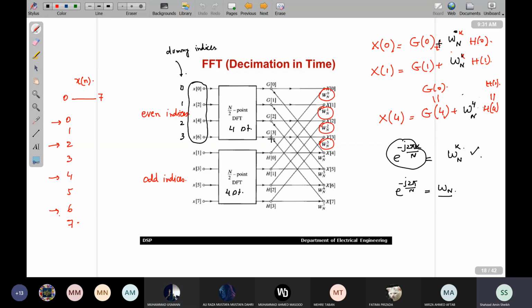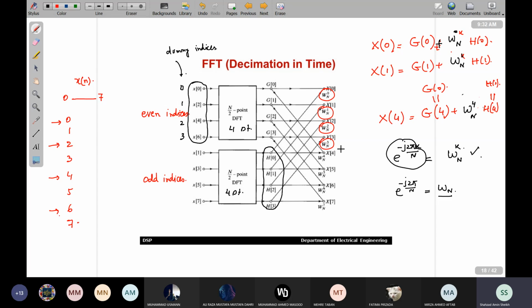इसमें एक छोटी सी चीज है, आपने कहा है कि आप इन दोनों को मल्टीप्लाई कर देंगे, दोनों को मल्टीप्लाई नहीं करना, रादर ऑल दीज H[k] जो हैं, H[k]s आर बीइंग मल्टीप्लाइड विद दीज टर्म्स, W_N^k के साथ मल्टीप्लाई हो रहे हैं। सो जब H[0] W_N^0 के साथ मल्टीप्लाई हो रहा है और G[0] ऐड हो रहा है तो X[0] बना रहे हैं। और जब H[0] मल्टीप्लाई हो रहा है W_N^4 के साथ और G[0] ऐड हो रहा है तो X[4] बना रहे हैं। वाई? बिकॉज H[k] इज पीरियोडिक विद पीरियड N/2। सो H[0] और H[4] वो सेम चीज है, और G[0] और G[4] वो भी सेम चीज है।